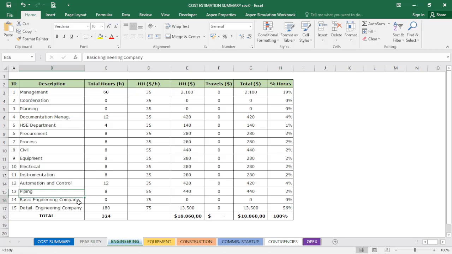And in this case here, I added the engineering companies for doing basic engineering and detail engineering as a third party, with the summing up of how many hours are needed to perform the project. With the man hours, the number of hours, I have the total amount of money for each discipline, and